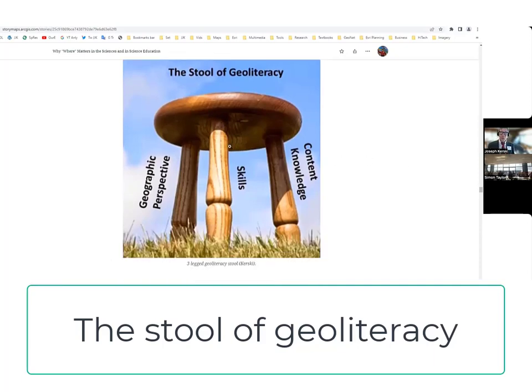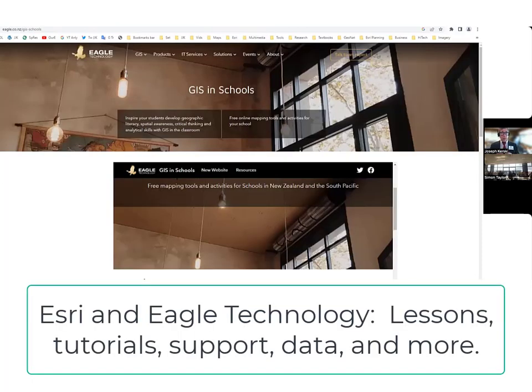Now, resources to move forward. One of the resources is as follows. Let's say you want to get into this some more. I work for Esri, Environmental Systems Research Institute. We have international distributors that take our tools and work with folks in their regions, their countries. I'm more than happy to be a part of your network. My colleague, Claire Turlow at Eagle Technology in New Zealand, has a very equivalent type of role to mine. We are both very passionate about sharing this with teachers, professors, students, and others.